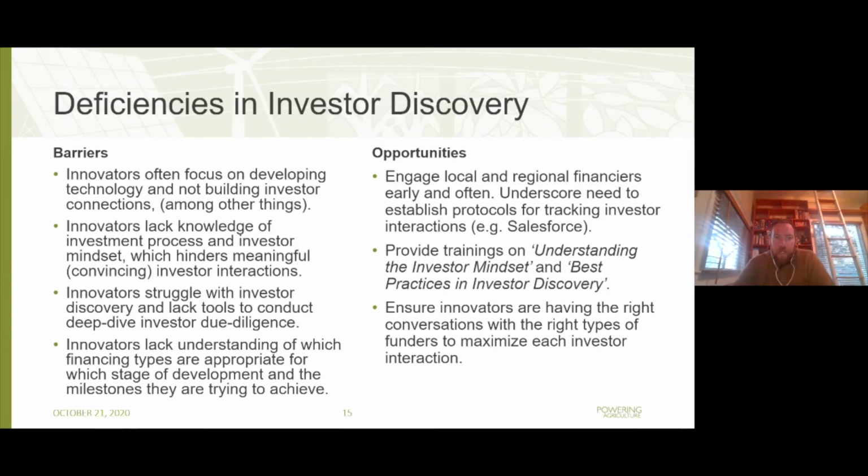The third one, deficiencies in investor discovery. This came up continuously in that the innovators don't know where to find investors. So they're not necessarily running in the same circles. Yes, there are events, things like SOCAP that happens in California, where you've got investors that are in the space come together with innovators. That's a great example of an event where that happens. That happens once a year. So you need to find ways to be able to find investors